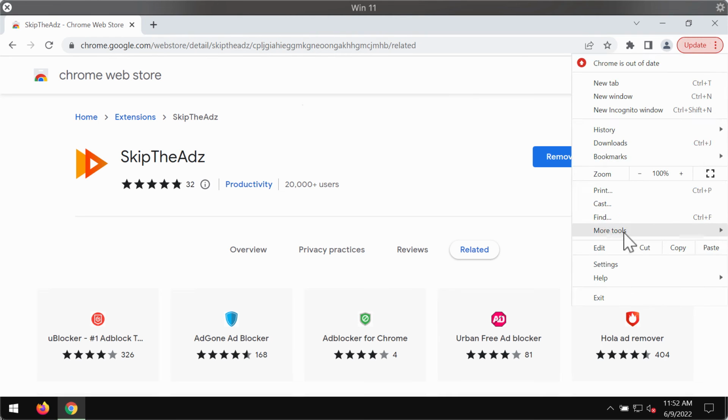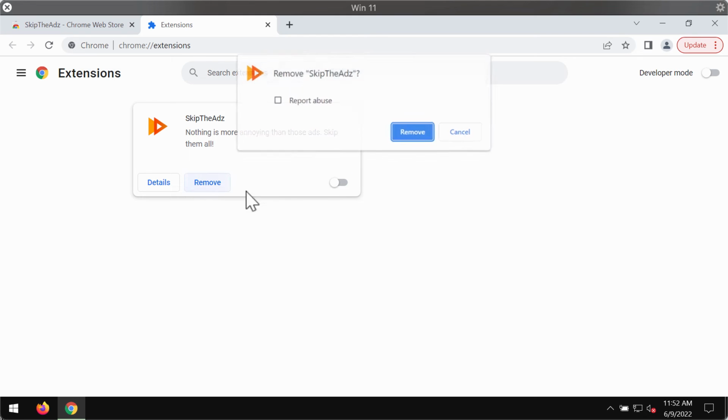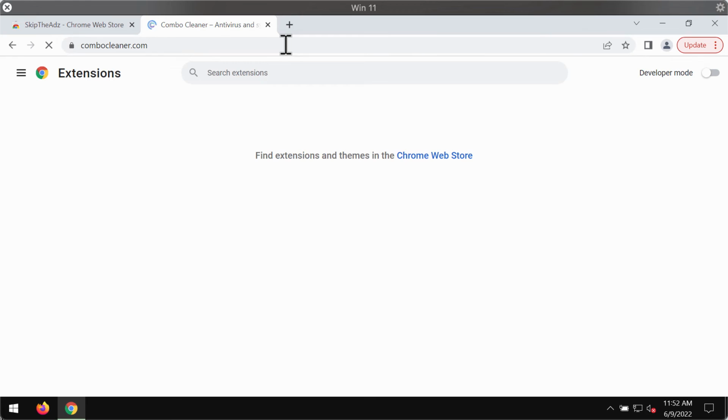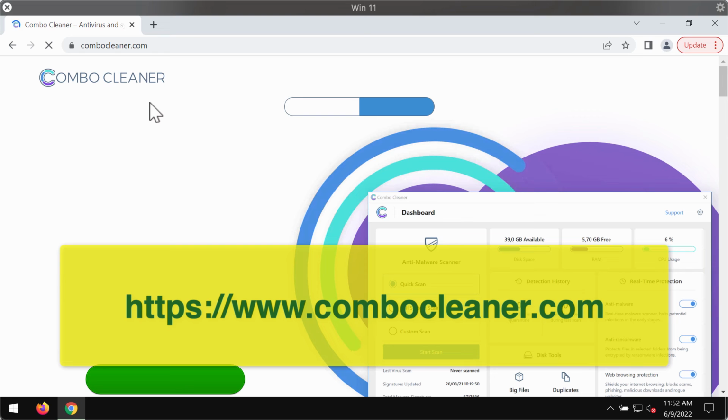So access the menu, go to More Tools, choose Extensions. So here we find this extension called SkipTheAdz. Disable the extension and remove the extension. Once you do that, the problem should be fixed, but we also recommend researching your computer with the help of